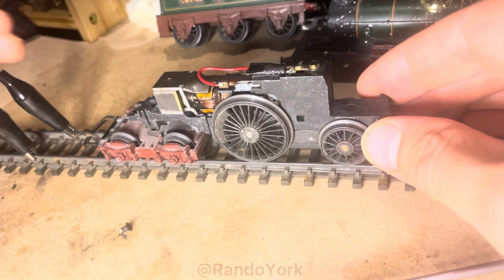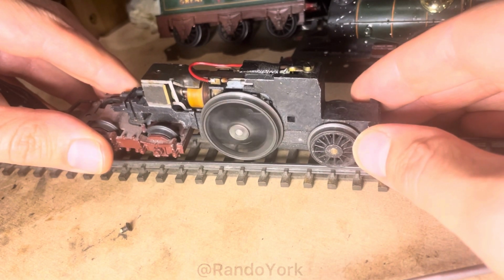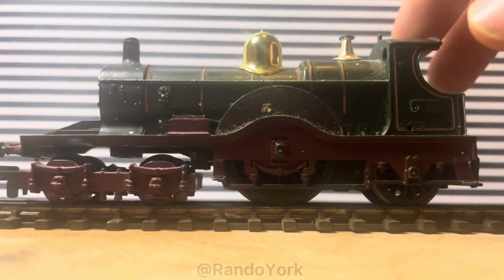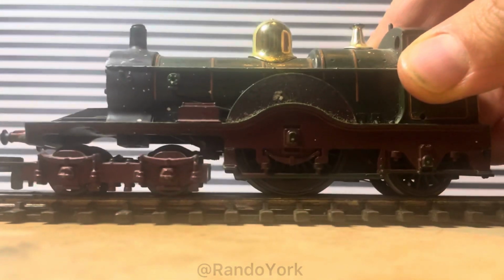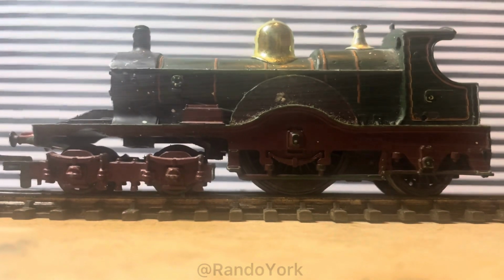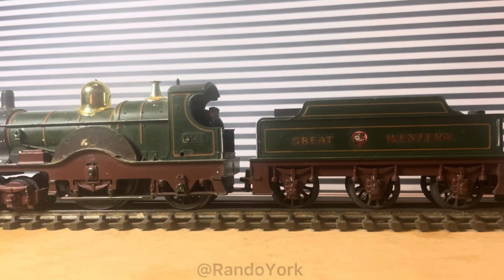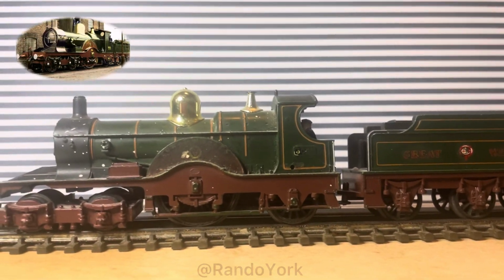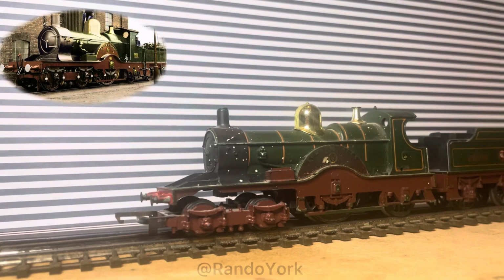I use really low voltage here, and I'll now lift the driving wheel off because these are magnetic wheels, and as you can tell here, it's Magnetorail, so this is track 4, and you can literally lift the track off with the locomotive. And that's how the locomotive looks in the overview, and top left is a rebuilt example